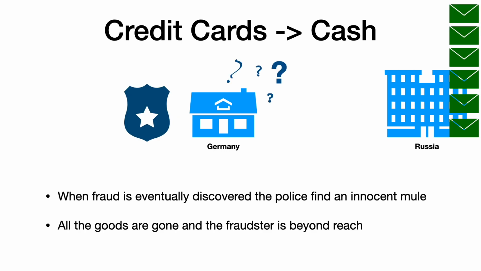So eventually, the fraud is discovered. So someone has bought a camera and it was with a fake credit card. The police arrive at the mule's home, and the mule doesn't really know anything about this apart from, oh, I got this job shipping packages on. And so this could be some little old lady in Hanover, and the goods are gone, so they can't be seized. The identity of the scammer even may be difficult to ascertain. But certainly the goods and the fraudster are both beyond reach, and all of these packages are sitting somewhere in a warehouse in Germany, or even